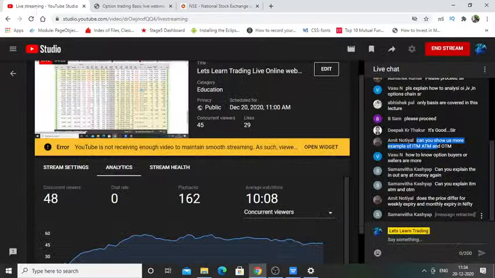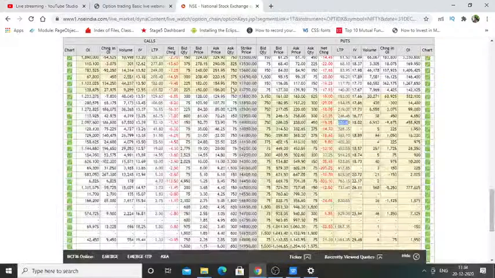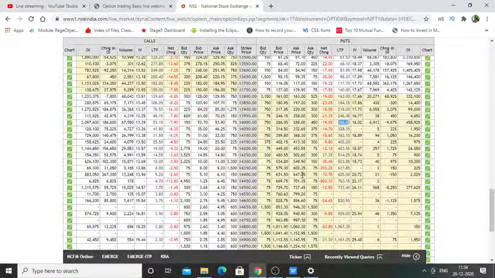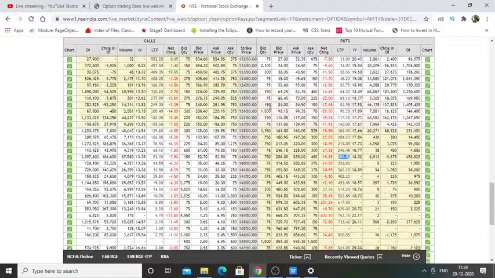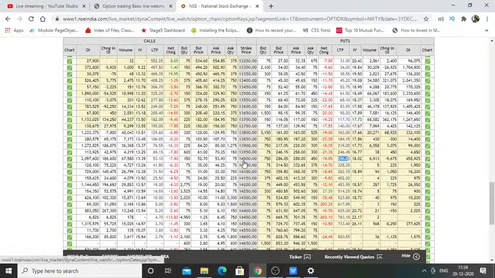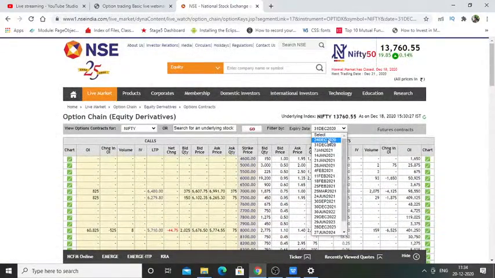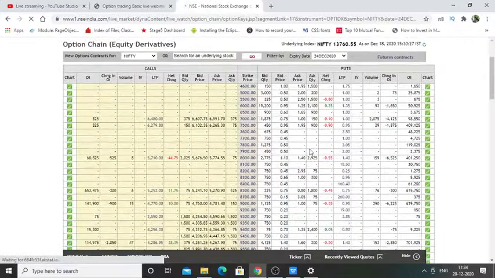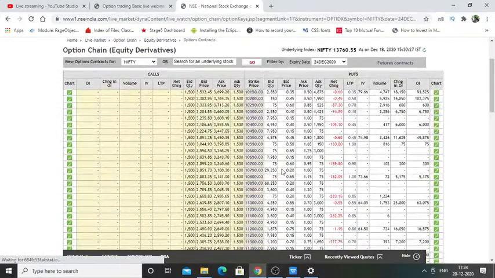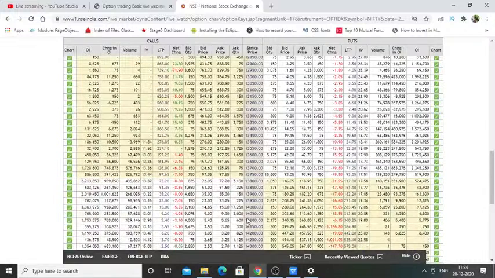Does the price differ between weekly expiry and monthly expiry? Yes, because the option premium contains the time value as well as the intrinsic value. Let me show you an example. The 14,000 call option is trading at 53.10 for the monthly contract. If you look at the 24th expiry, the time to expiry is much less, so there won't be much time value available. The 14,000 call option there is available at a price of 13.11 only.